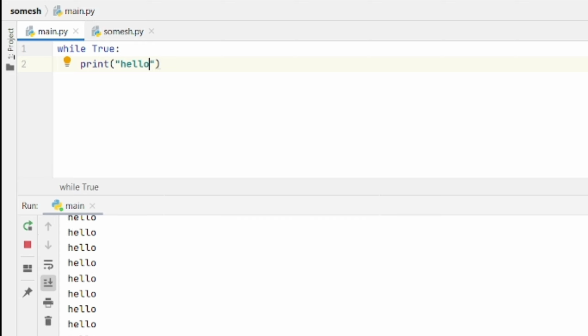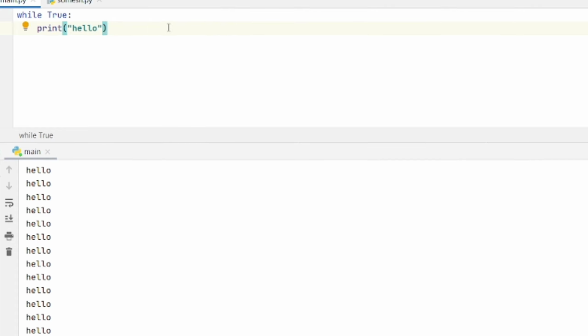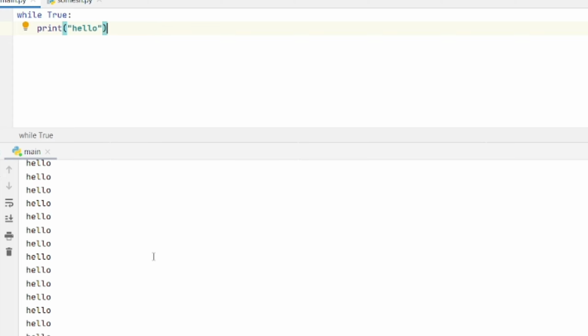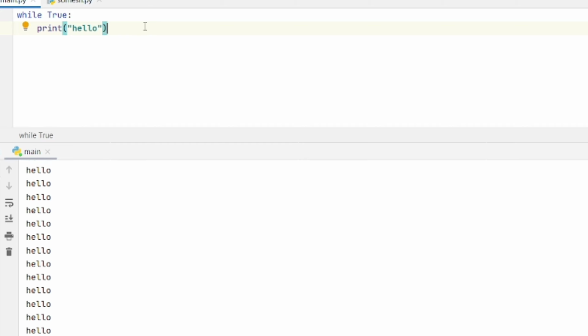it will print hello infinite times because we are not controlling the loop with any counter variable. So to control this, we have to use the break statement. We will see more about break in the coming videos, but based on the user's needs, hello should be printed only 10 times.